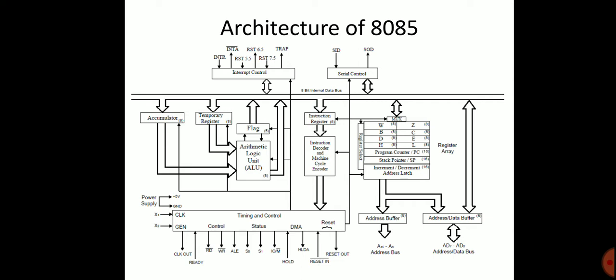First of all, what are the features of the 8085 microprocessor? The 8085 microprocessor is an 8-bit microprocessor. Therefore, it can accept, process or provide 8-bit data simultaneously. It operates on a positive 5 volt power supply, with a 50% duty cycle clock, and the operating clock frequency is 3 MHz.